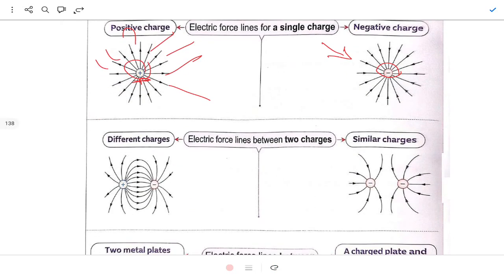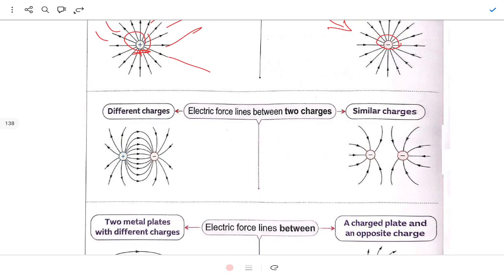Let's move to another point, different charges. The lines would be like that. The positive charge emits these lines, and these lines will go to the negative charge. And if we have similar charges, like two negatives or two positives, the lines would be like that. There is a repulsion between them,